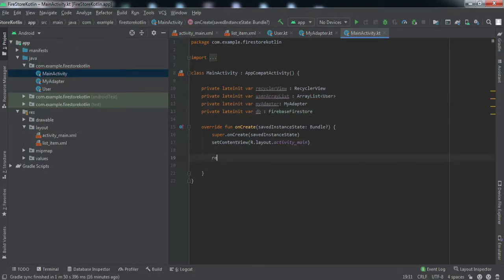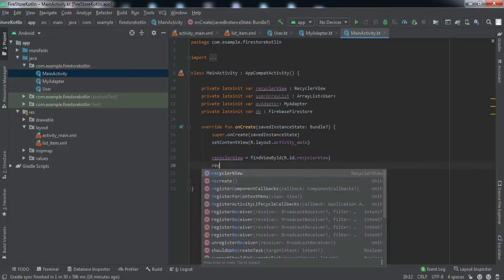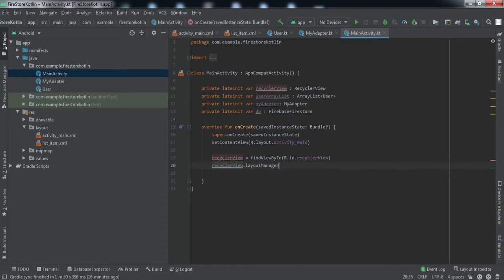Now we are going to refer to the RecyclerView using findViewById, and we are going to set certain attributes.